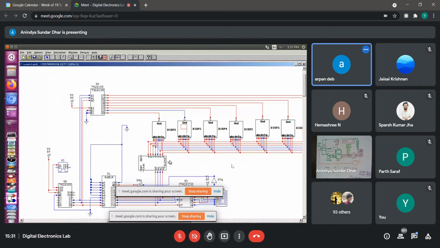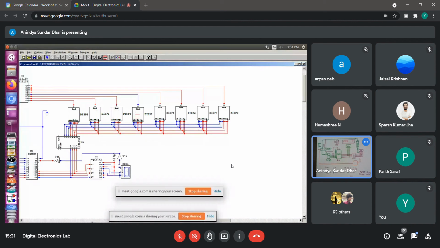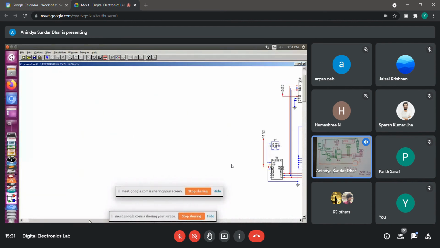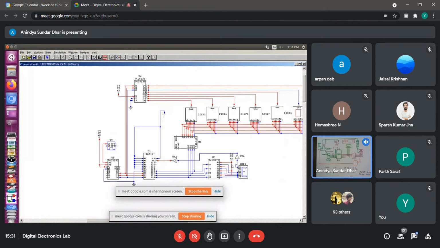So it is common cathode. I have used 193, but it is just 3 bit. So I think it is a very simple modification from the previous one.